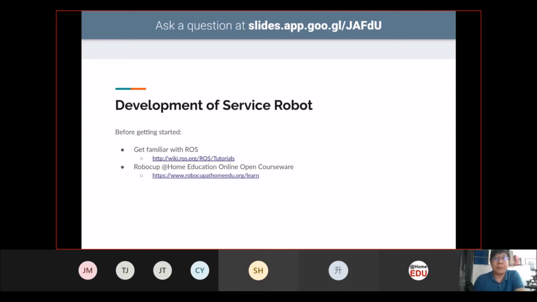I will just go straight to the Gazebo part. So if you are not familiar with that, I would recommend you go through the OpenCourseware and also through the tutorials on ROS itself. Those help a lot when it comes to the development part of simulation.